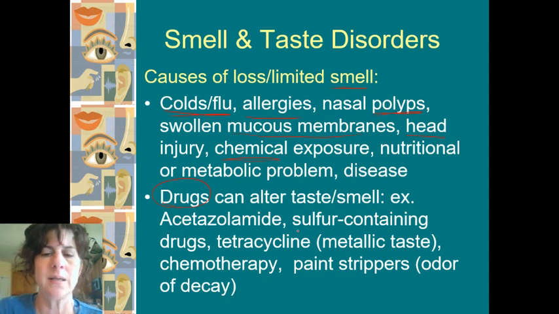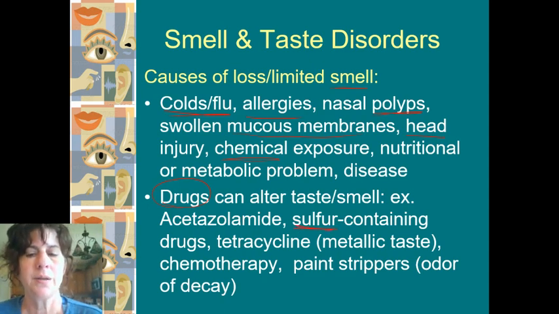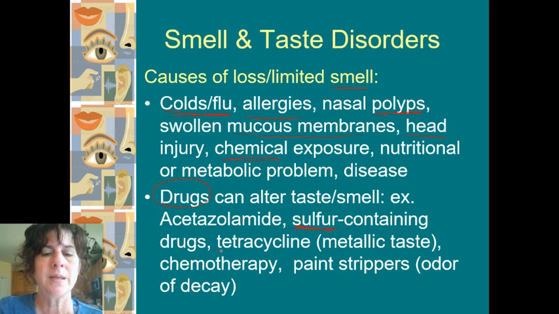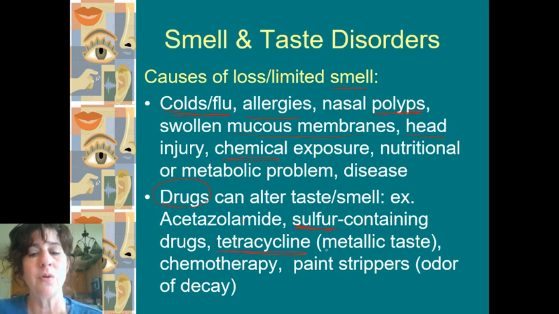There are certain things that have sulfur in them, and sulfur has a very distinct smell. So a sulfur-containing drug is going to give you that sulfur smell, and that's going to alter everything else that comes in because you're being overwhelmed by that chemical. Whether I'm taking the drug, I'm not really smelling that drug, it may not have a smell, but it still has the chemical. And if that chemical binds to those olfactory nerve endings or even the gustatory, you're going to get that weird taste and that weird smell that goes along with it. Tetracycline, which is an antibiotic, gives you a metallic taste.